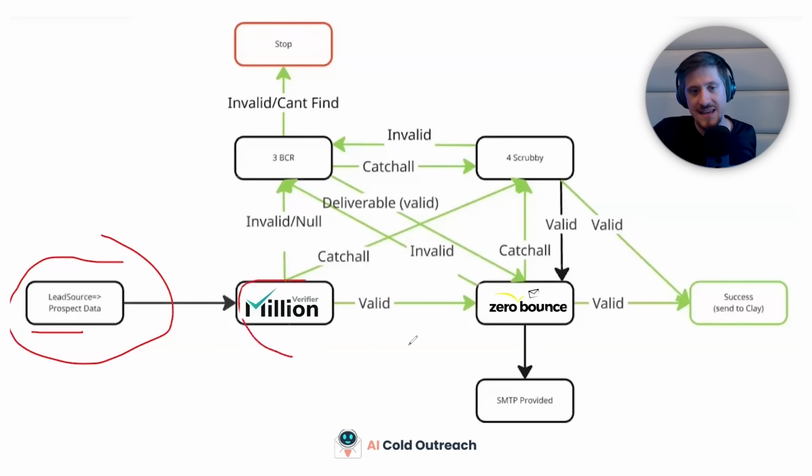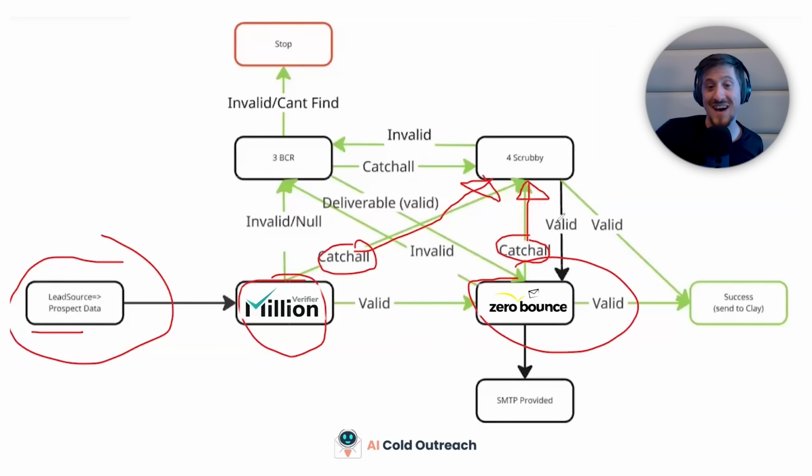If at that point, either one of these validators says that it's a catch-all email, they go to a validator called Scrubby. Scrubby is a tool that we use to validate emails. We're going to be talking about alternatives near the end of this video, but Scrubby is what we've been using for a while. It was developed by Nick Abraham in association with another company called Vendasys. I'm going to be talking a little bit later about potential other recommendations, but the reason why we chose Scrubby